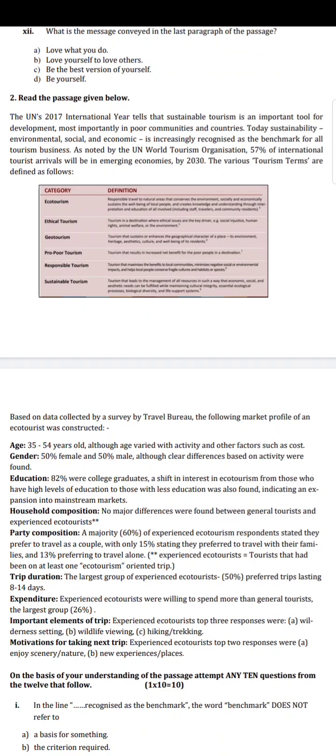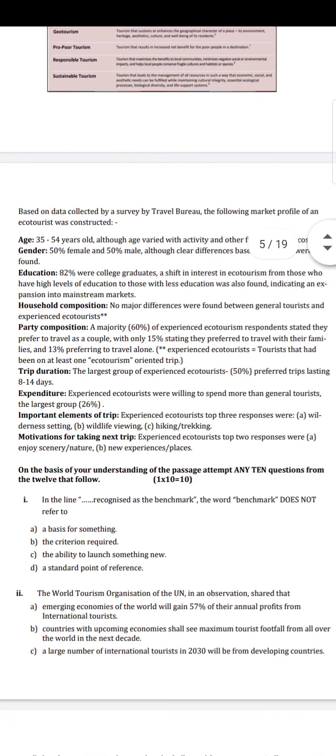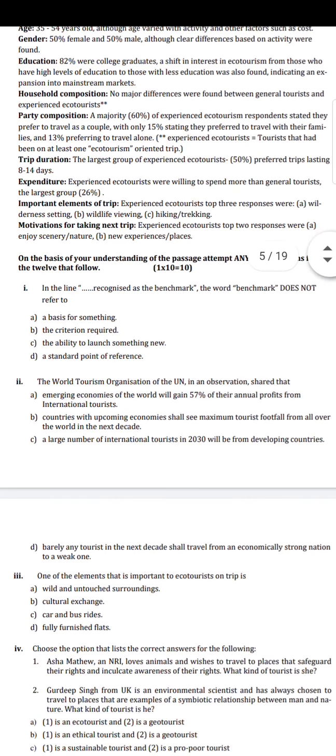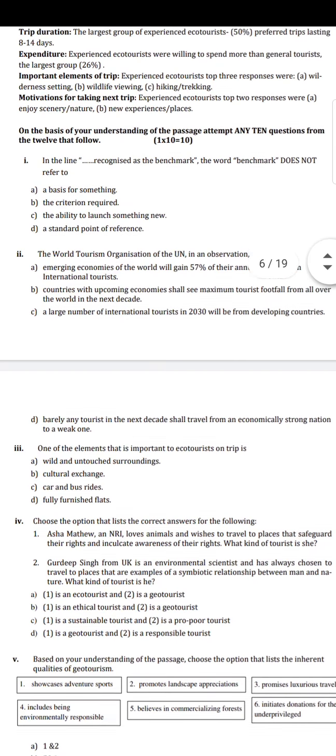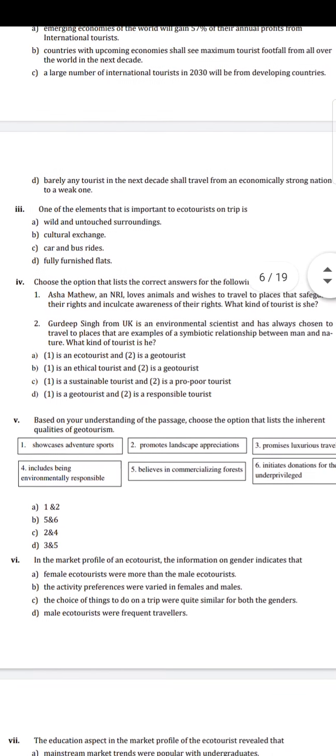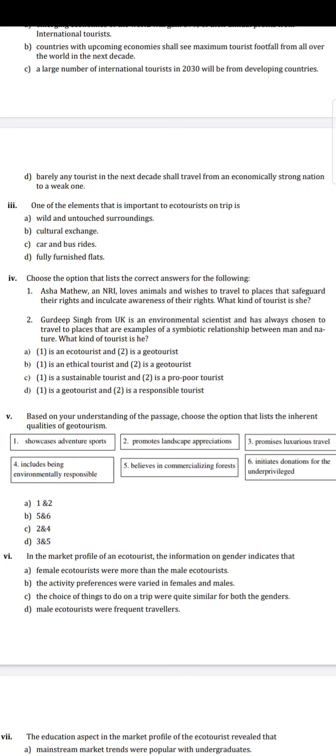So here, international tourist arrivals will be in emerging economies by 2030. In the table, you have been given a few tourism terms. Following are the questions, a total of 12 objective type questions. You have to answer only 10 out of 12,